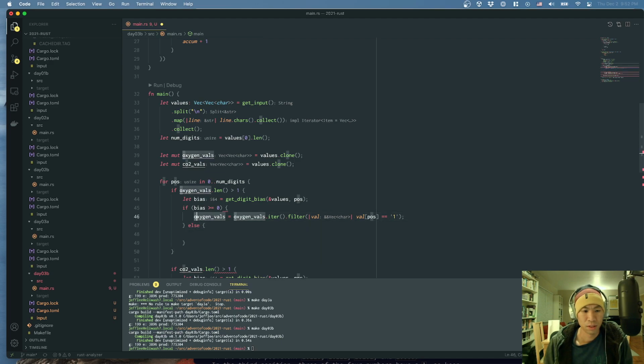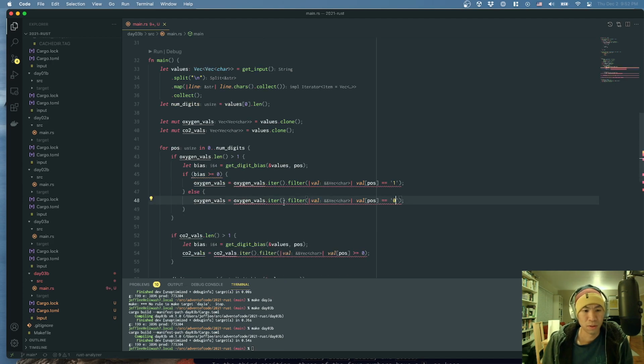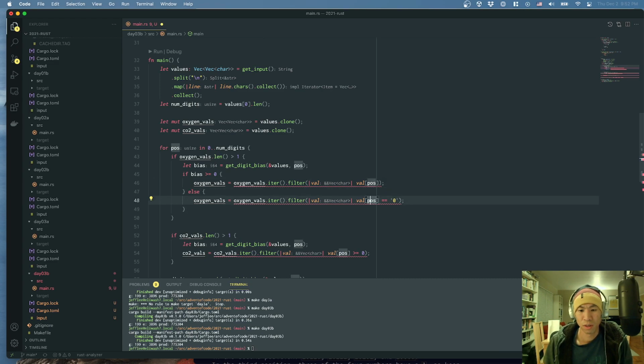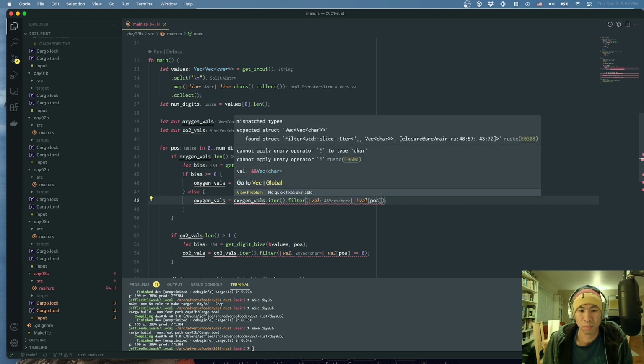Otherwise, actually, I think we can do this expression here. I'm not sure if this is better. We do 0. Oh, these are Booleans. If it's equal to 1, it's true. If it's equal to 0, it's false. Well,